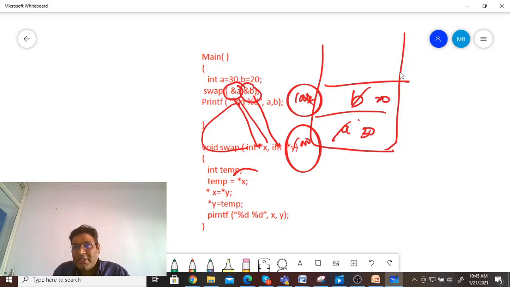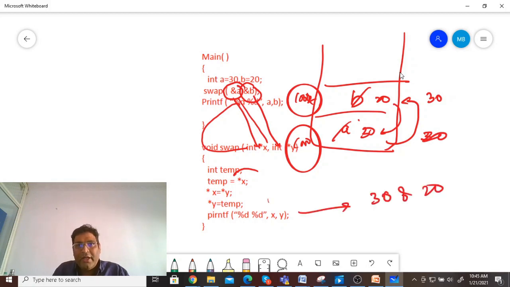Now you want to change it, this will come down here and this will go up according to the program. So what will we get? 30 and 20. Sorry, this becomes 20 and this becomes 30, and the same way here also.